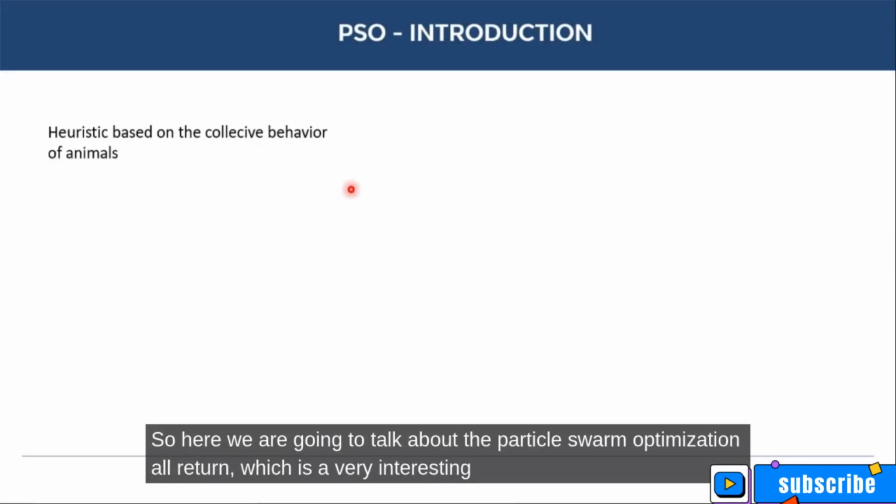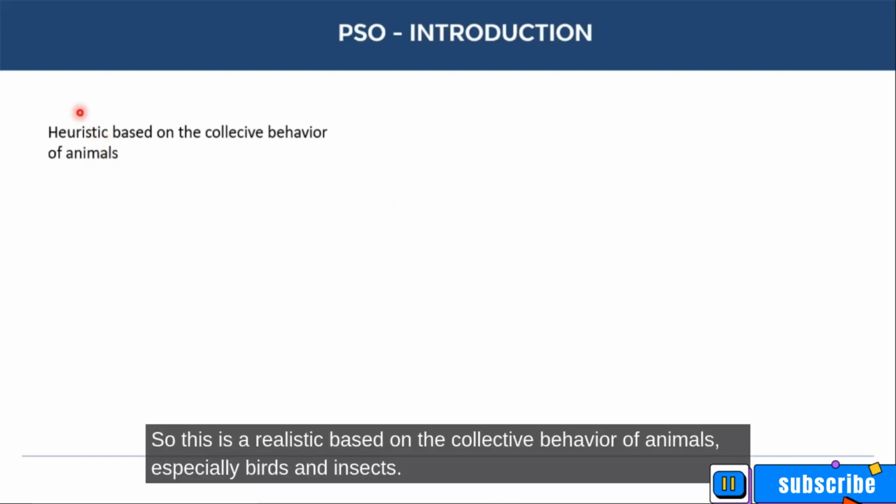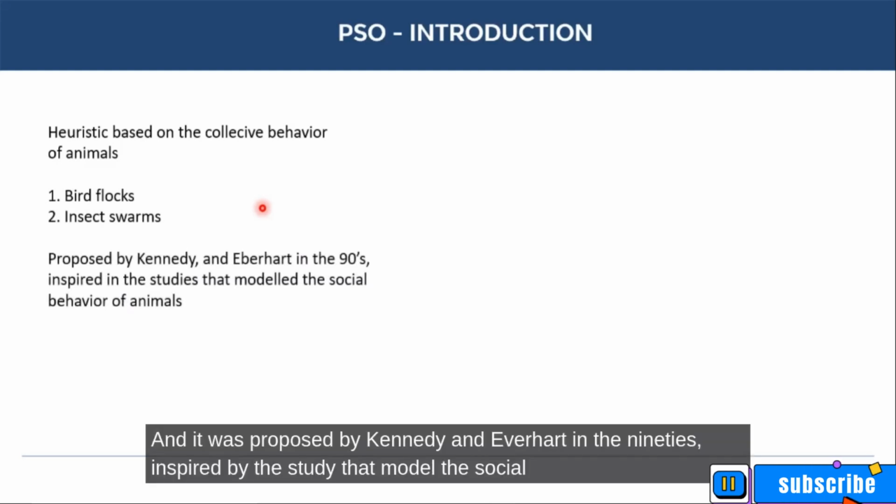So here we are going to talk about the particle swarm optimization algorithm, which is a very interesting algorithm applied in combinatorial problems with real valued vectors. This is a heuristic based on the collective behavior of animals, especially birds and insects. So here we have bird flocks and insect swarms mainly. And it was proposed by Kennedy and Eberhart in the 19th, inspired by the studies that model the social behavior